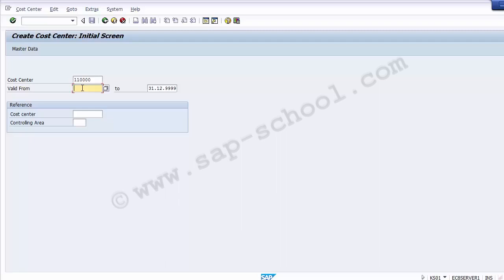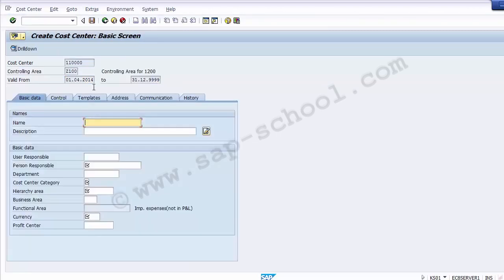So for example, now I have been taking from the fiscal year start 2014 till over here. You can change this date, this is infinite, which can run till 9999. If you want, you can restrict it till 2014 as well. So there is an option of you can restrict this. I want this particular cost center should not be active after this particular date, so you can put this date. Even if you want, you can change this date over here to 18 as well. The best part is to keep it as 9999 so as to avoid any future problems. So once you have taken this code and this date, now we can enter